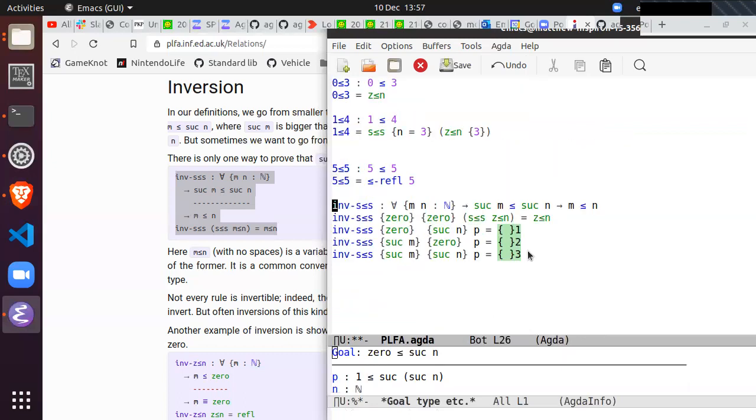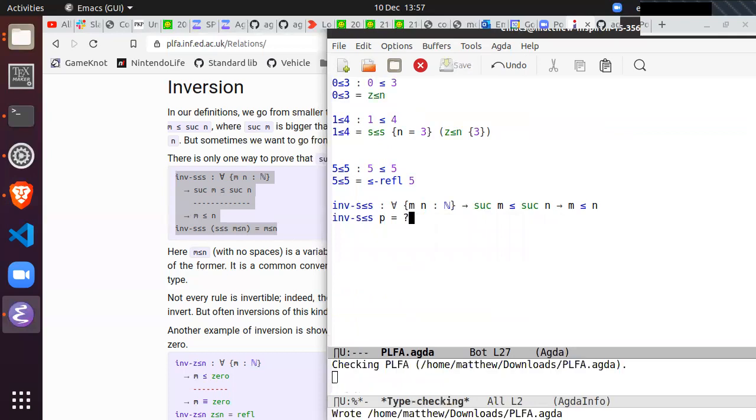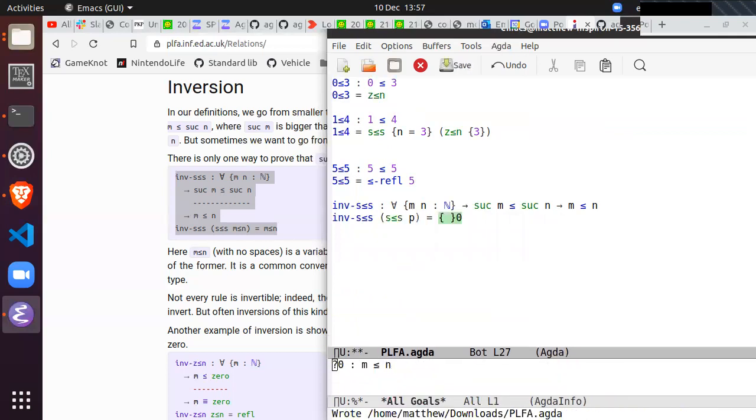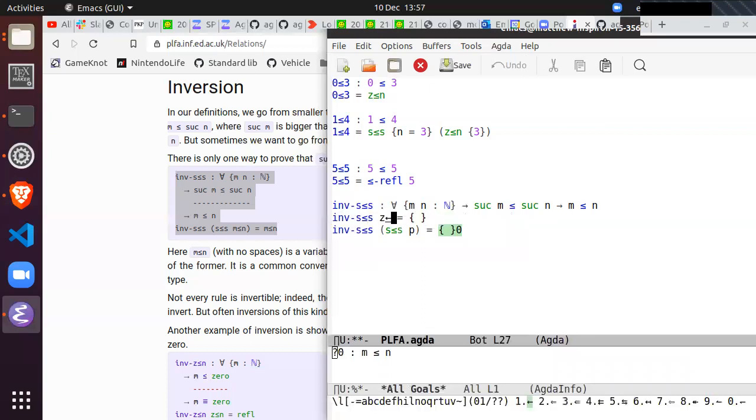Z less equal to N. So if we go all the way back to the beginning and pattern match on P, case split on P, it's only going to give us one case, because it knows that Z less equal to N can't possibly hold. And indeed, if we write Z less equal to N here,